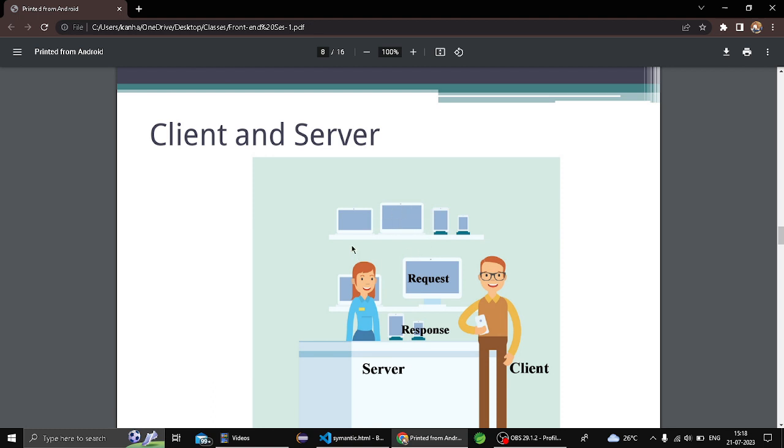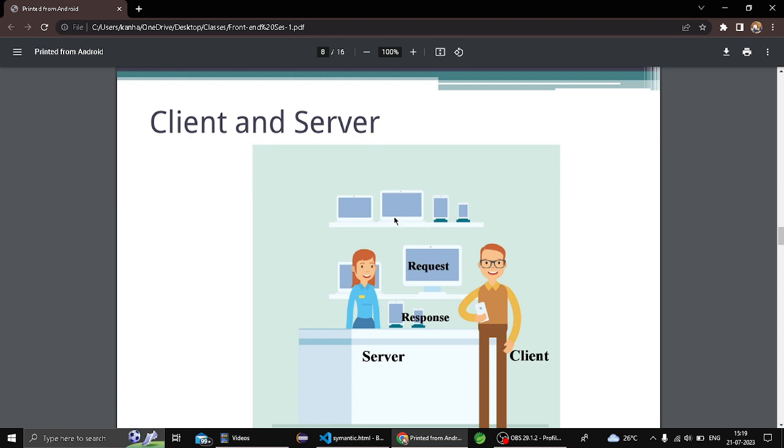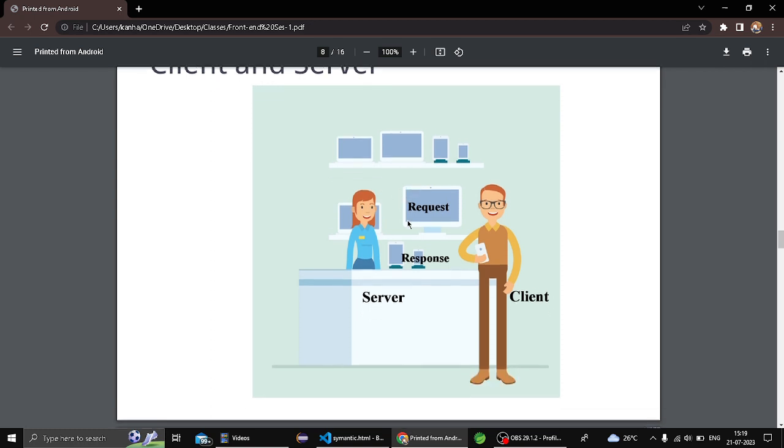Okay, then the server, the shopkeeper, responds by showing a list of the devices or whatever you want. He searches in his shop and shows you in the form of response. Okay, वही आप वहाँ पे शो देखते हो कि कौन सा वहाँ पे आपके रिलेटेड जो आपने रिक्वेस्ट किया था वो आपको प्रोवाइड करेंगे और आप उसे देखेंगे। ओके, यही होता है कि क्लाइंट एंड सर्वर के बीच में का प्रोसेस।